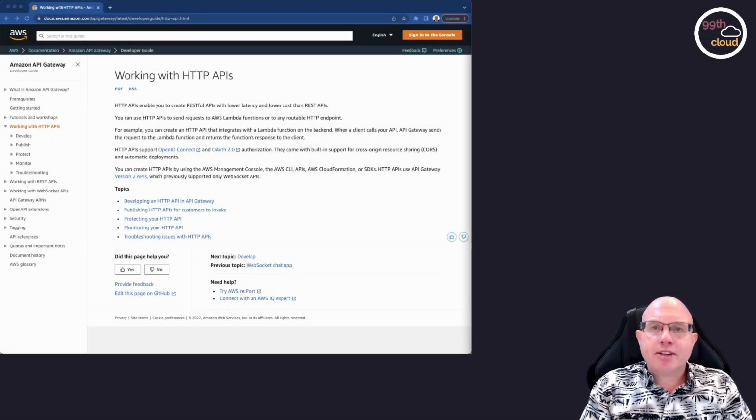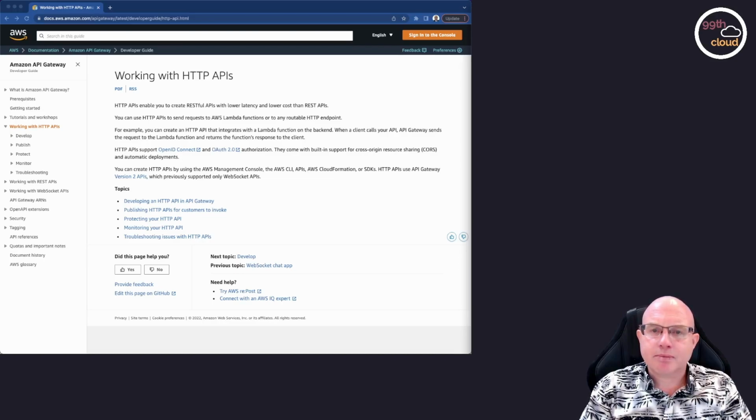Let's have a look at the HTTP API versus the REST API. AWS has traditionally been providing a so-called REST API, but in the meantime, they have now implemented a new version which is called HTTP API. It looks like the serverless framework team has removed the configuration option for traditional AWS REST APIs, but you can still create them if you need them, as the HTTP API still lacks some features compared to the traditional REST